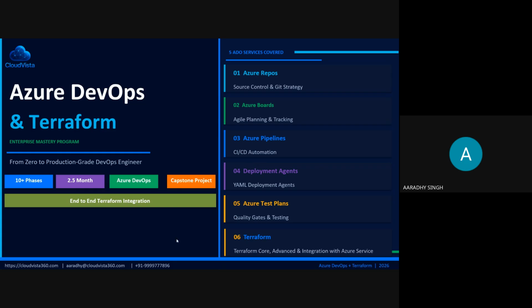So the program name is Azure DevOps and Terraform. The question is, what is DevOps and why Terraform? Terraform is a different tool, and different platforms are available. So why should we learn Terraform with Azure DevOps? I just wanted to tell you,